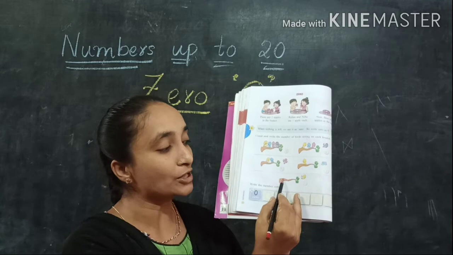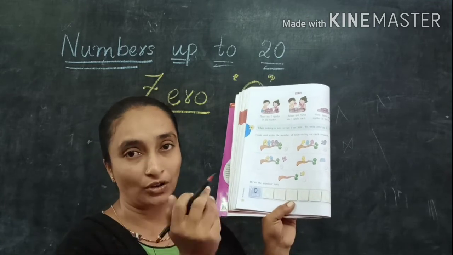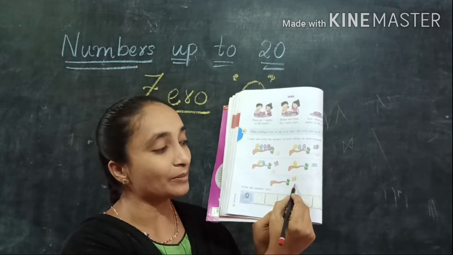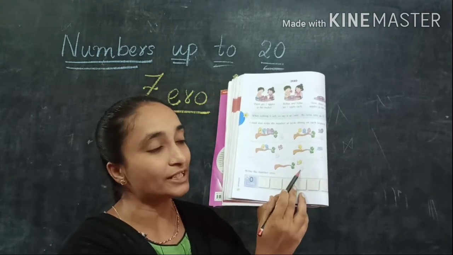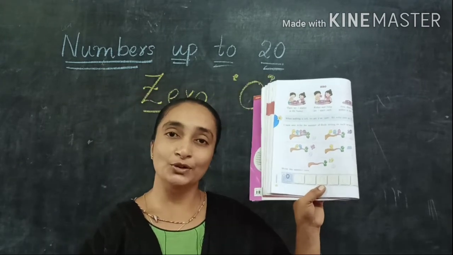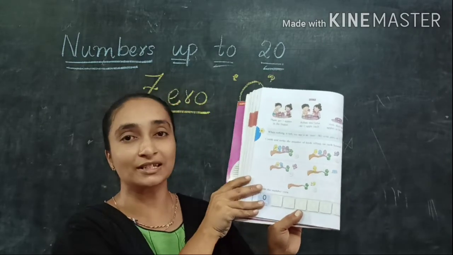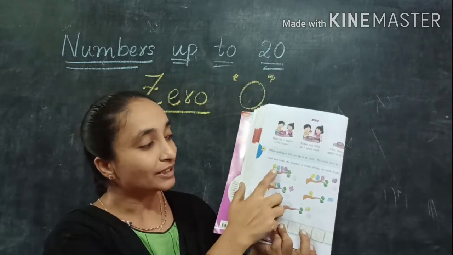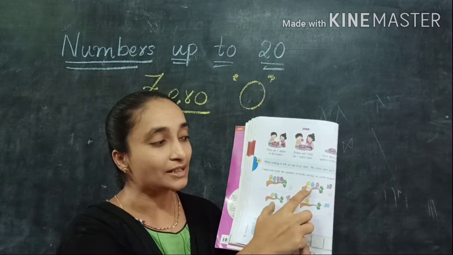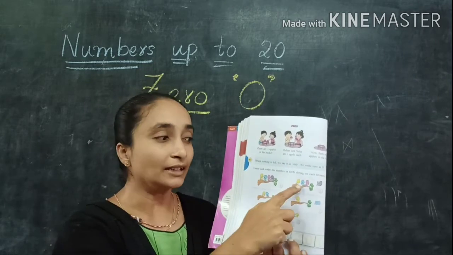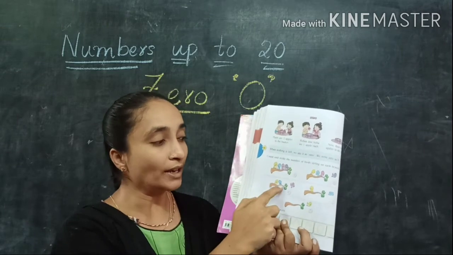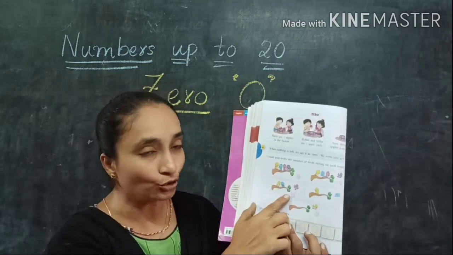So here on the branch we can see not even 1 bird. So nothing is there means, here what can you say? Yes, 0. So what do you have to write here? 0. So here we can understand the pictures, children. Here we have the 4 little dicky birds. 1 bird has flown away, remaining 3. Again 3 little dicky birds. 1 has flown away, then 2.